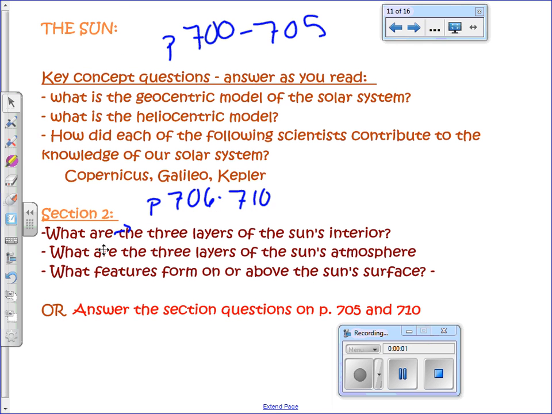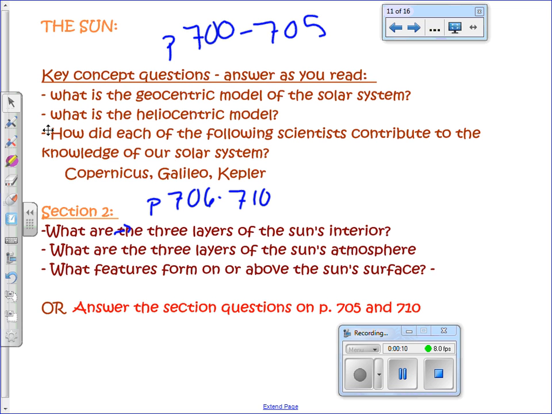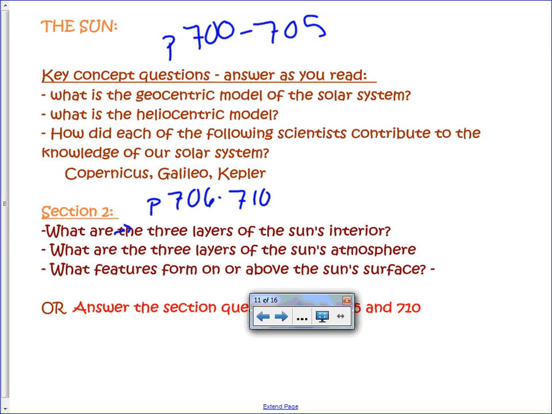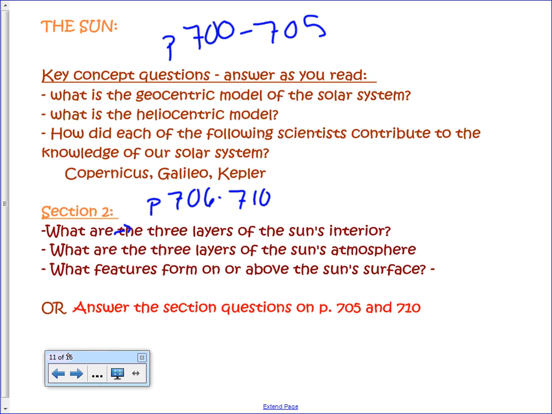So this week's lesson is the sun. Mostly what we're going to do is review the stuff you read on Monday, which is this first section here, and also some of the stuff from Monday that you worked on yesterday with your pictures, with your posters. So you may have some of it written down, but hopefully we will add a little bit more detail than that. So first of all, let's talk about the sun and the geocentric model of